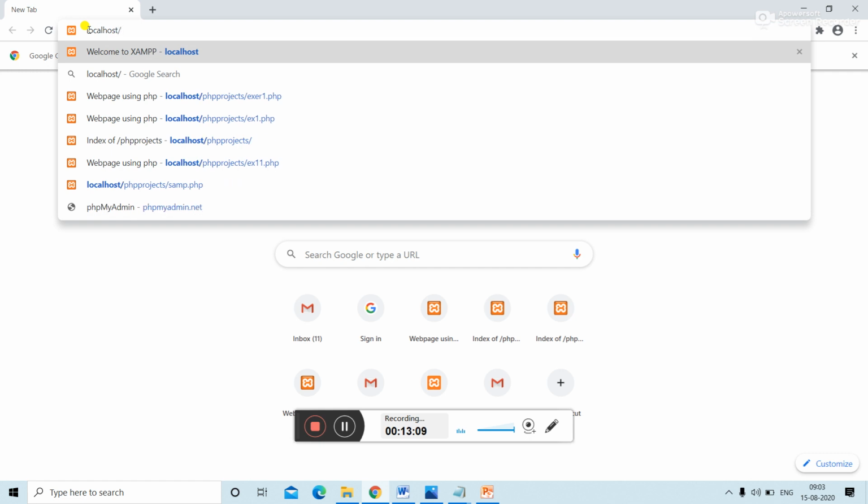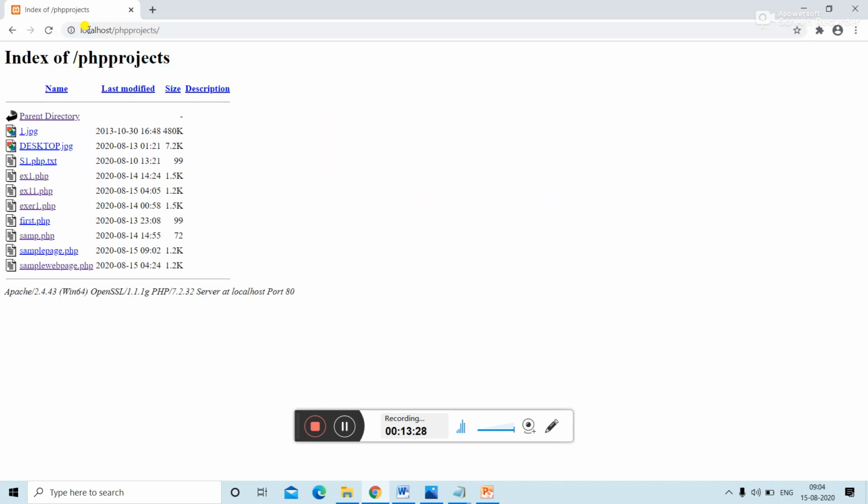So just give the folder name, PHP projects. I have given PHP projects. Then enter. So it displays the files that come under PHP projects.